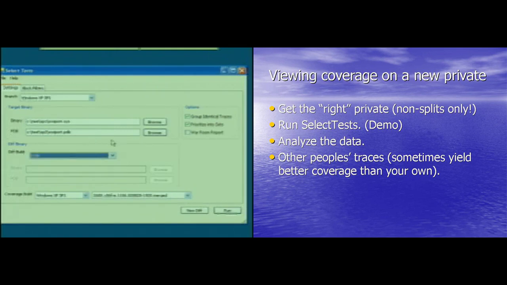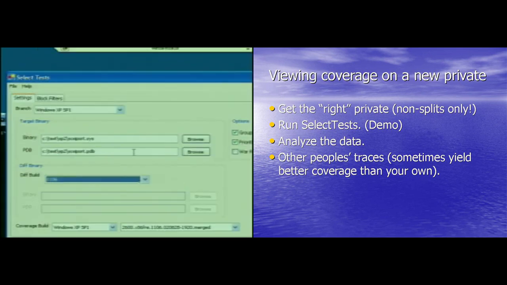And so what I'm actually feeding to this tool is the Service Pack 2 version of SCSI, and what I'm going to compare it against is Windows XP Service Pack 1. There have been a lot of changes in this binary since Service Pack 1, so it might take a while, but in fact what I can do is pull up a block filter